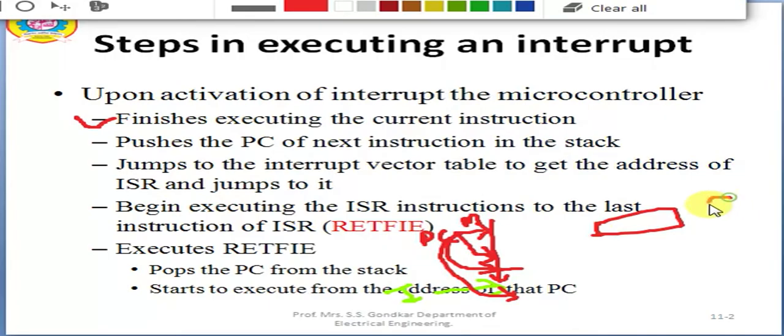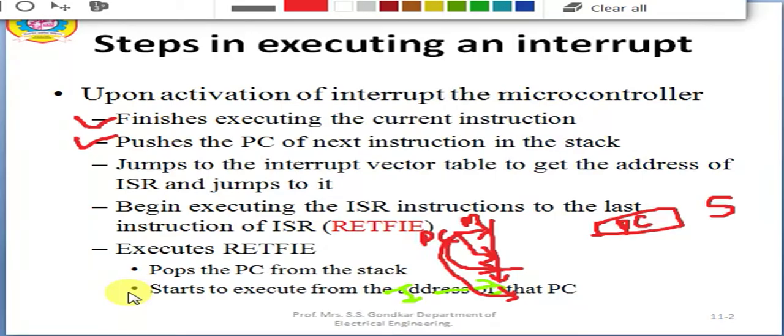So this is your stack S, and on this the contents of the program counter will be stored. This is indicated by the second step, that is, pushes the program counter of the next instruction on the stack and jumps to the interrupt vector table to get the address of the ISR.